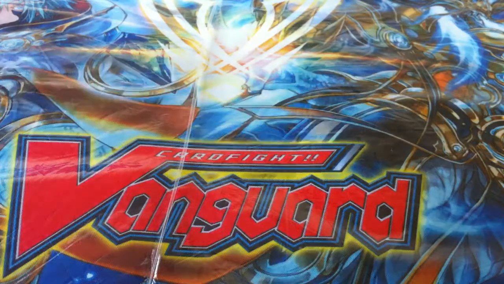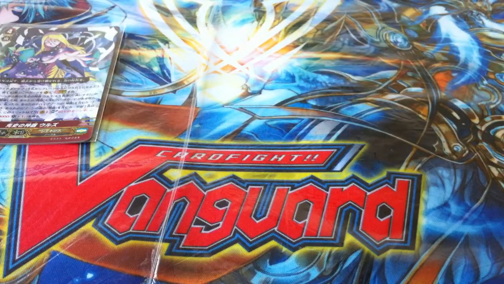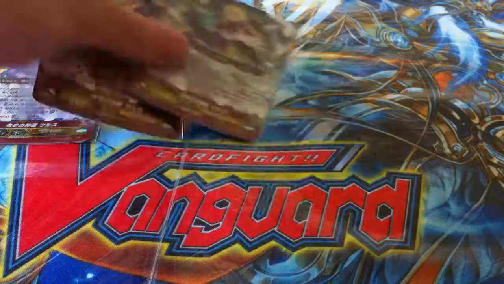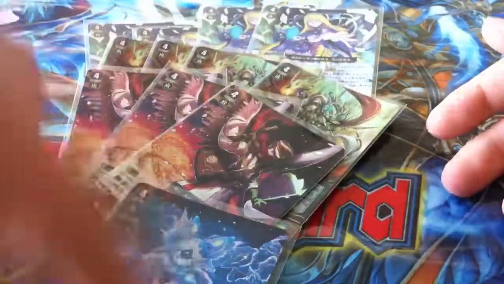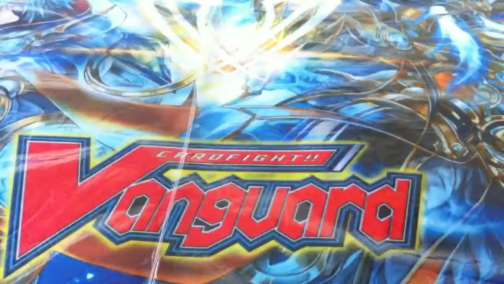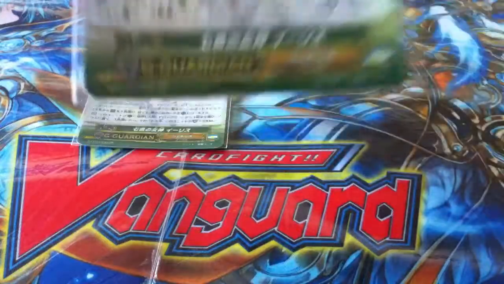And that basically is all of the normal G units. So we have 12 copies, 12 of them. And of course the last 4 are G Guardians. We have 2